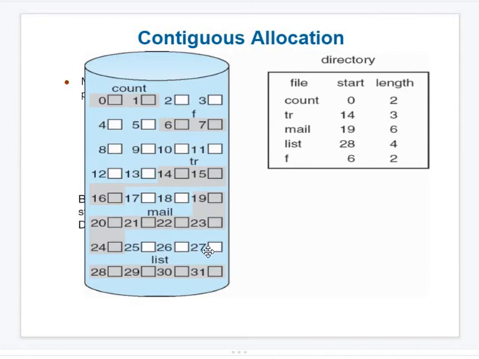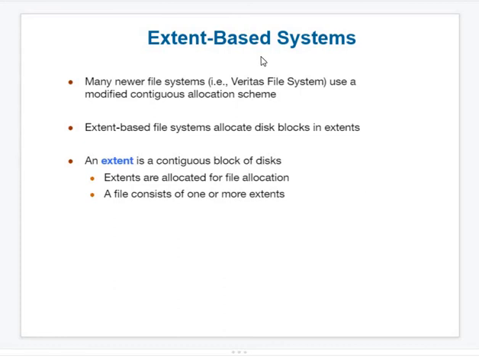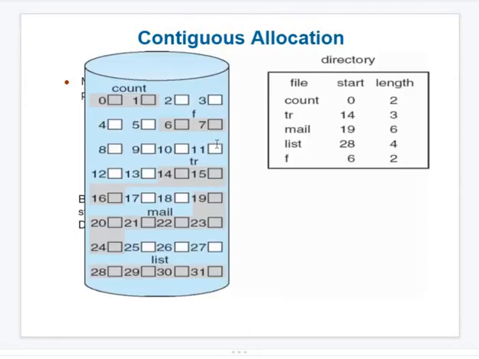Even though we have a list of free blocks, and the size of the newly requested process is known, allocation still becomes slower because of its pointer to be updated. So for that we have the extension based file system. What happens here is, say for example, let's say 4 continuous blocks are free. I will prepare one more table here like this: free blocks starting 2, length 4, that means 2, 3, 4, 5 are free.